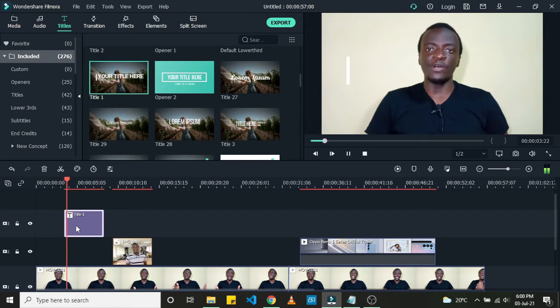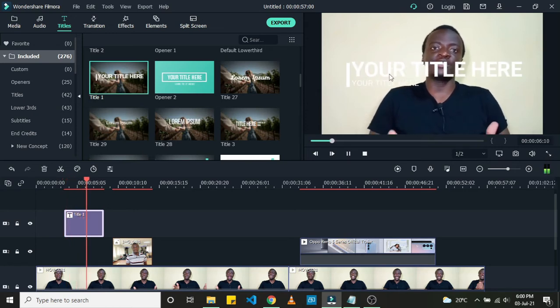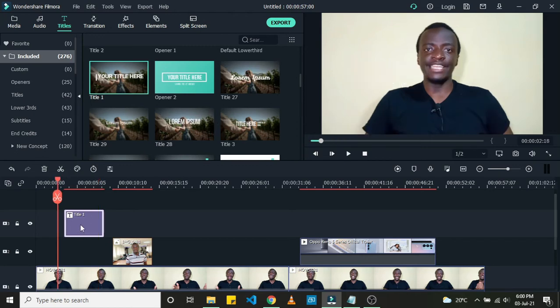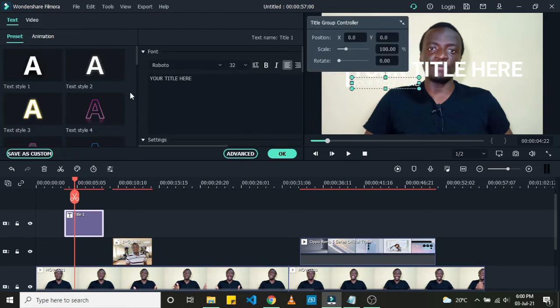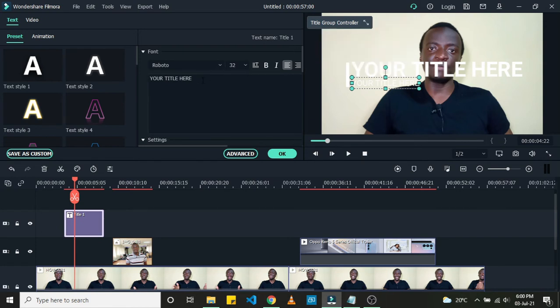After placing it, you can see it is first of all playing the sample text, which is your title here, that kind of sample text. So to edit this text, what we are going to do is double click on it. When you double click on it, it is going to show you the basics or the various settings that are there for your text. So we shall just come here and maybe write something like Willy